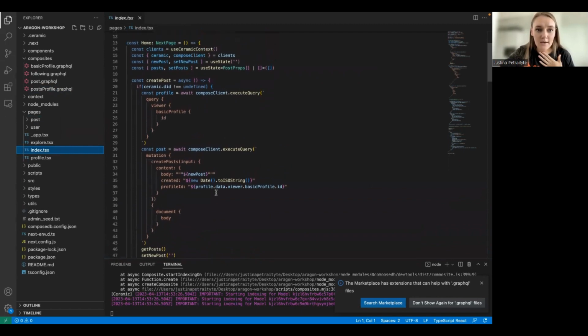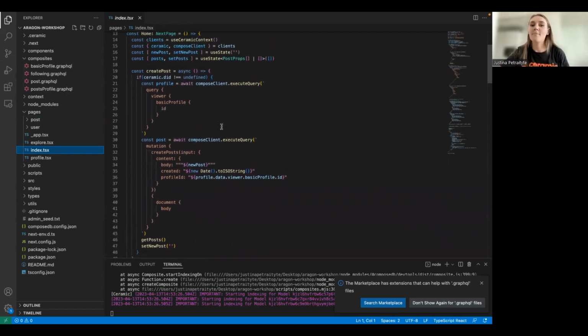So here we have an example of what happens when user creates a new post using the front end of the application. In the backend, all of these GraphQL queries that I mentioned before are being used. So we get the user profile first of who created a post. And when the creation of new post is happening, you can see that we are running mutation that basically creates a new post that the user created, and it writes it in the database that is then available on the app, for example.